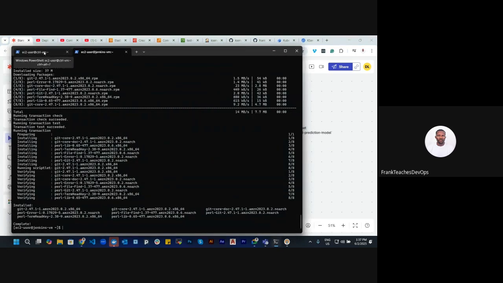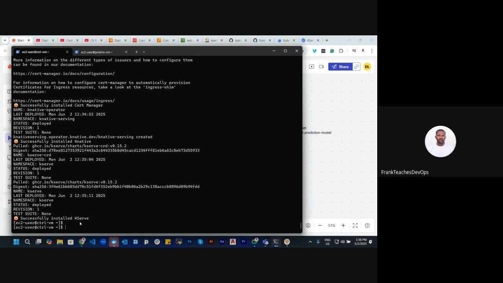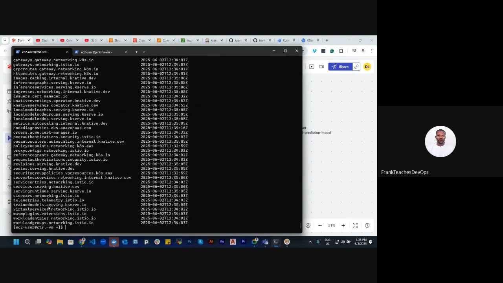KServe, let's check. So what did it say? It says successfully installed KServe. Let's check, right? We need to check for the custom resource definitions. I'll say kubectl get CRDs. When checking the CRDs, you need to look for a particular CRD, which is inferenceservice.serving.kserve.io. If this CRD is not available, then you need to